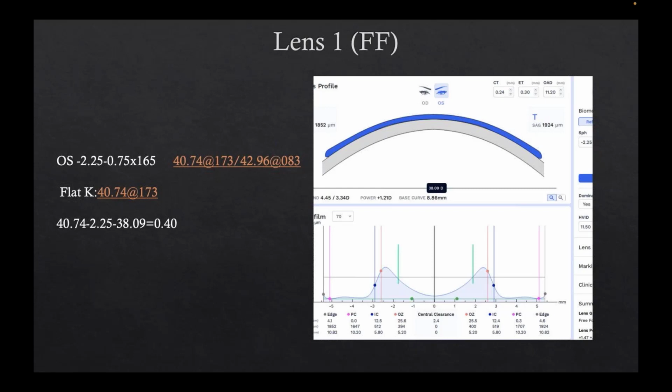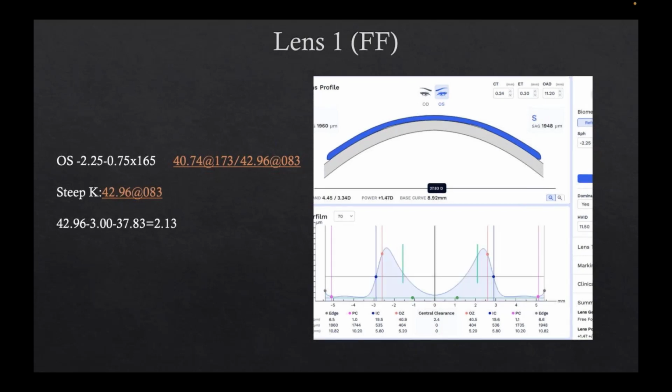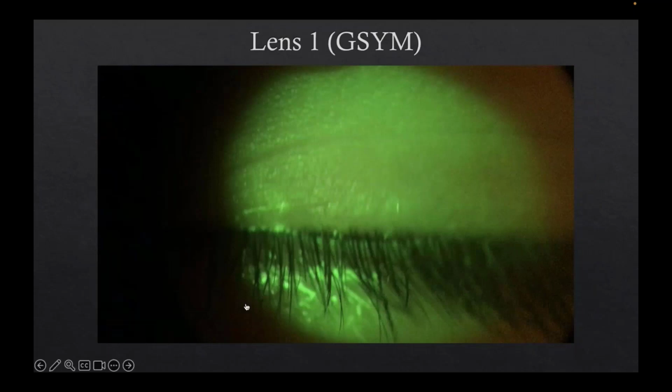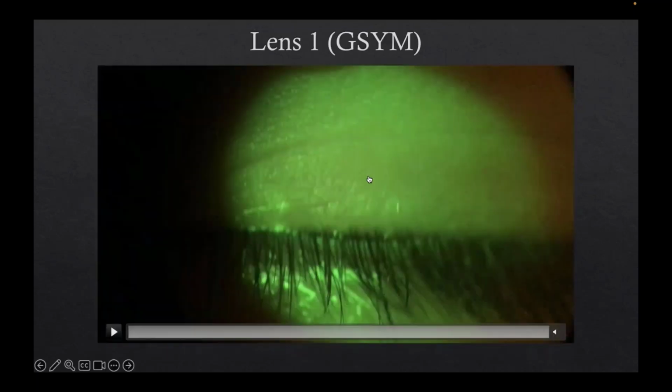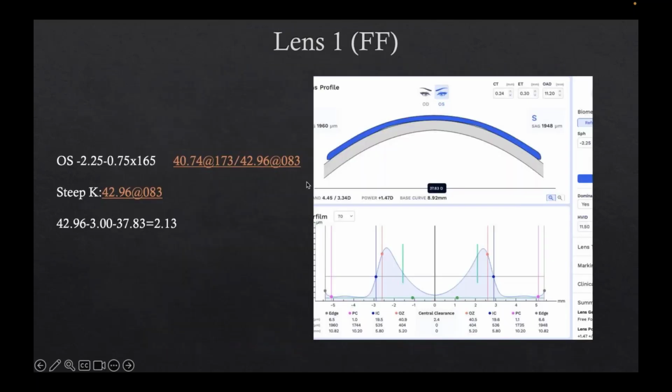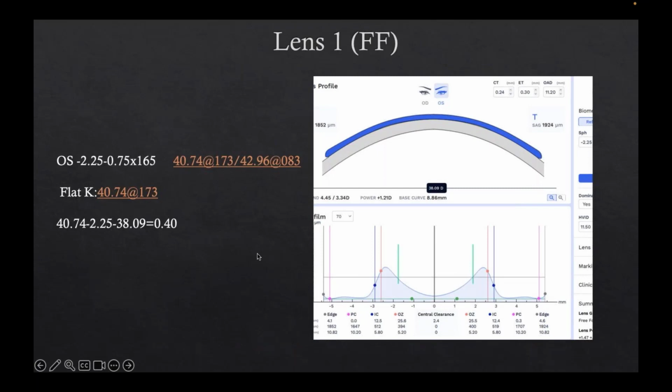So in my mind, that's not enough to correct that flat meridian. And if we go to the steep meridian and we do the same math, we have a correction of 2.13 over. So what I'm trying to express to you, and I want to talk about this a little bit more, what I'm trying to explain is